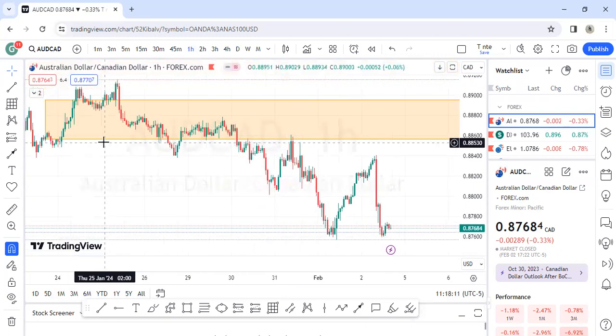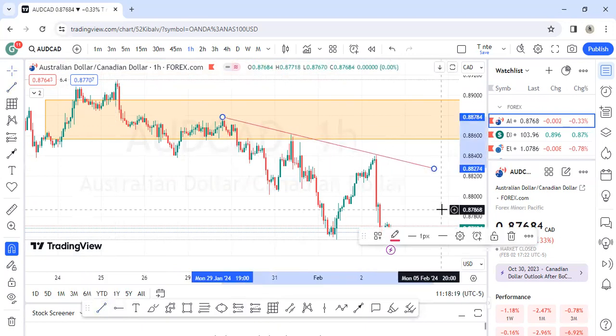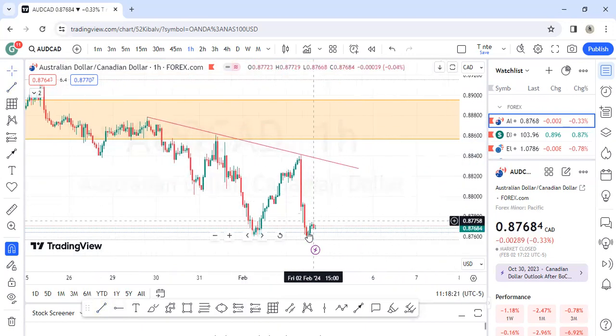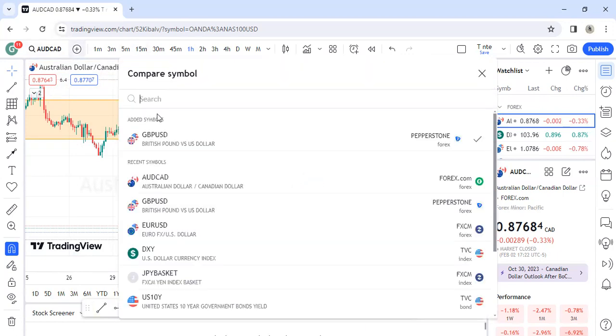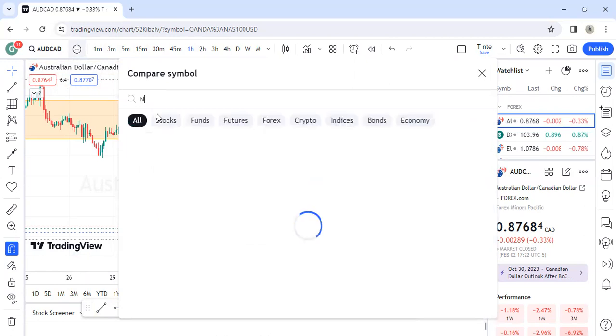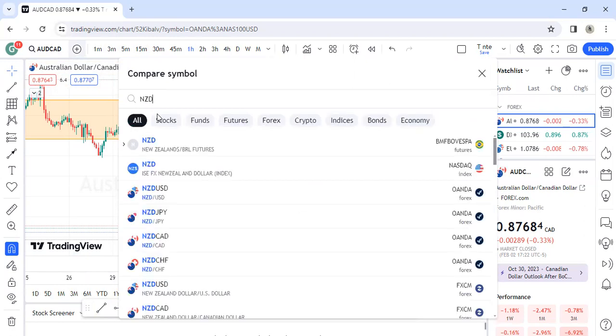So that is basically it. So for now, I don't really have any bias on USD cash. Currently, I don't have any bias. What I can see is liquidity building here. So if market gives any confirmation for a buy, then we can buy and take this out, right? So let me just compare this with NZD card. Just give me a moment. Let me compare something. I want to see something. Card.